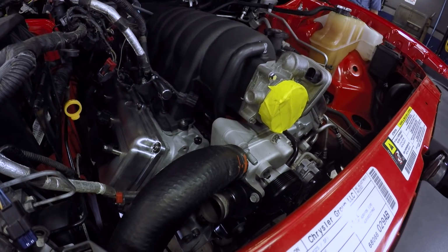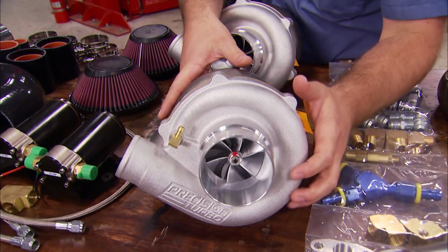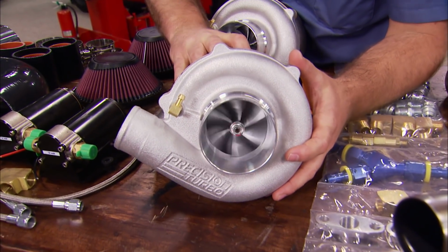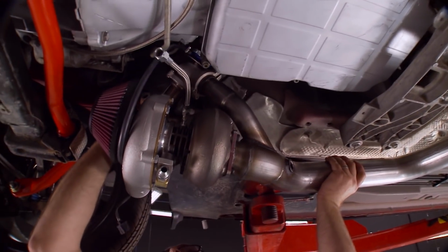Then we plugged it back into the SRT8 along with an upgraded transmission. We'll need that to handle the power she'll put down with this twin turbo setup for our stray cat project